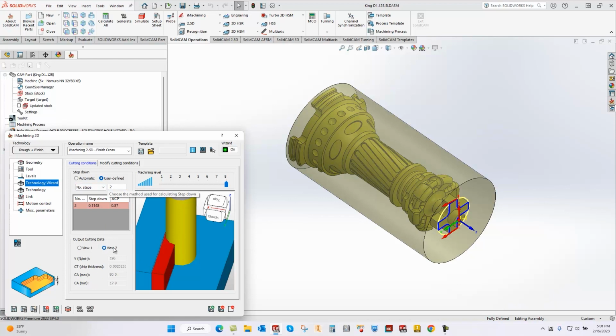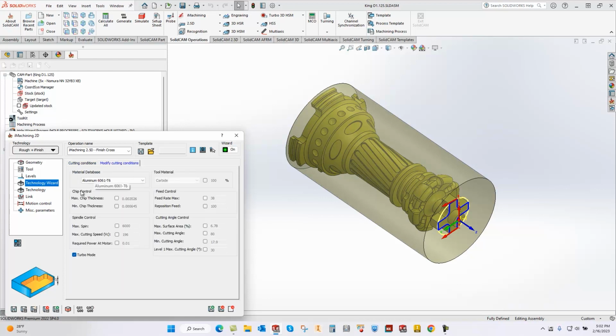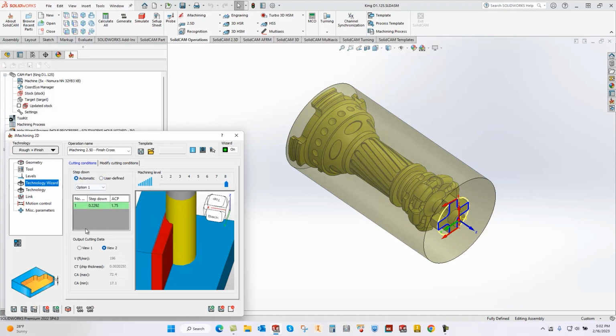So let's look at View 2. You can see we're at 80 degrees. The one thing you won't be able to do over here is go over 80 degrees, because that's where the damage to the tool occurs. So we're not going to allow that. But let's go ahead and turn that off, and we're at 72 as the max. The minimum is